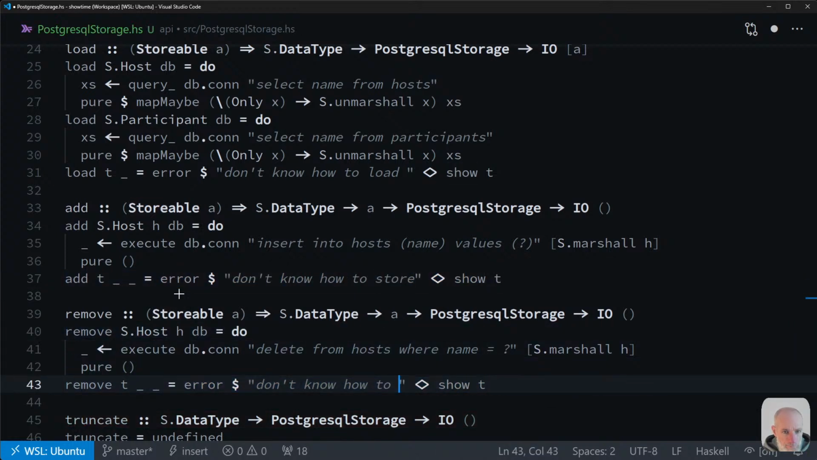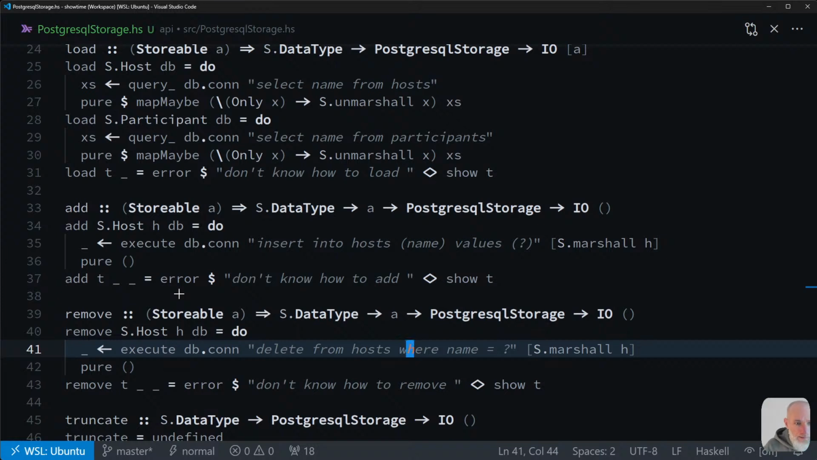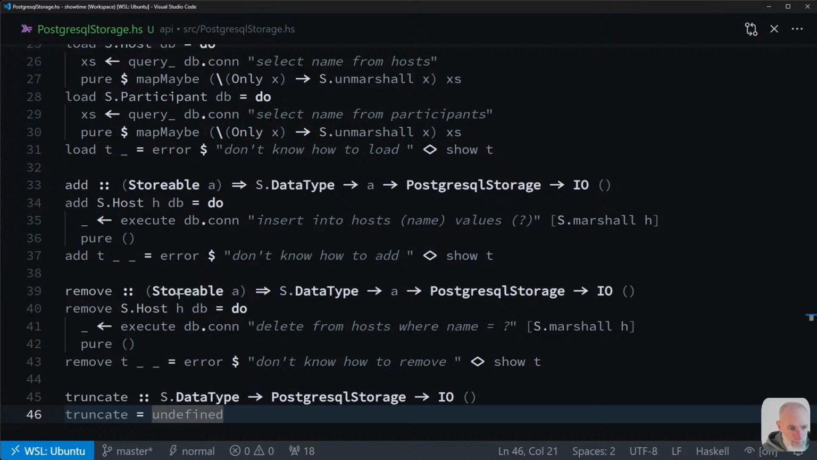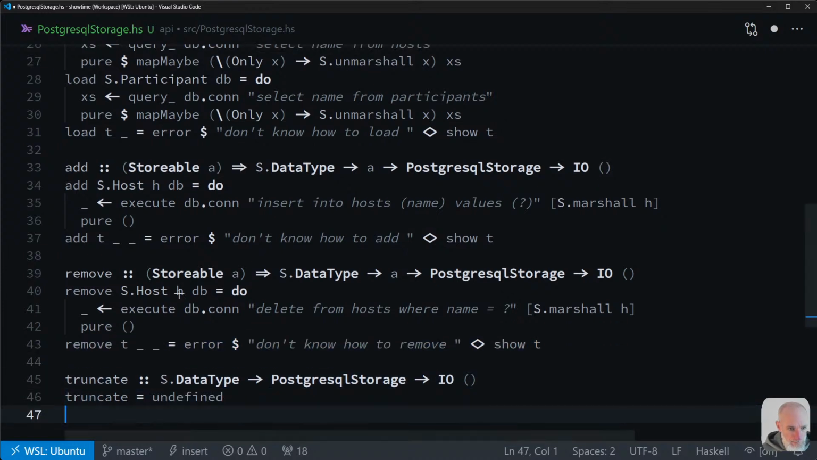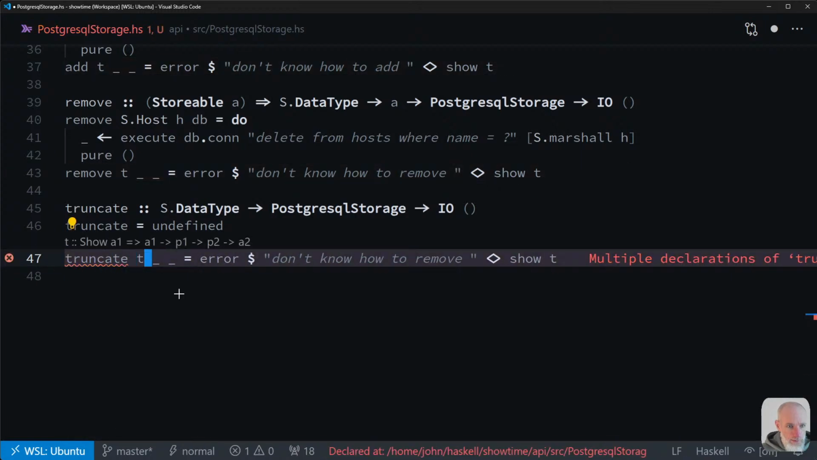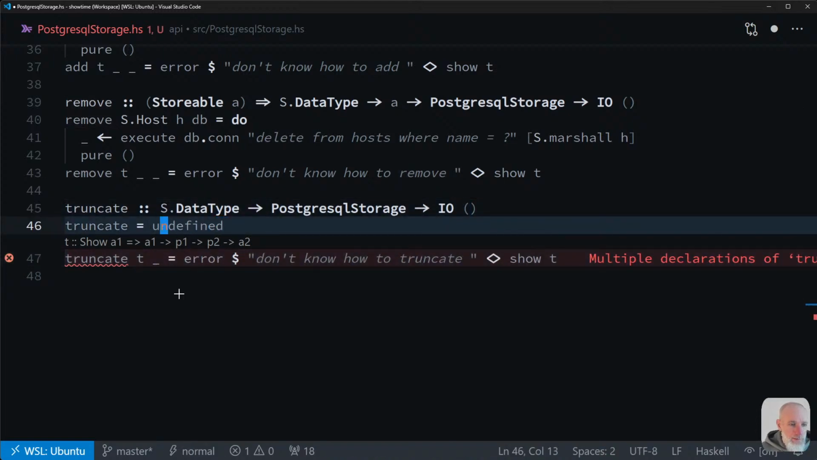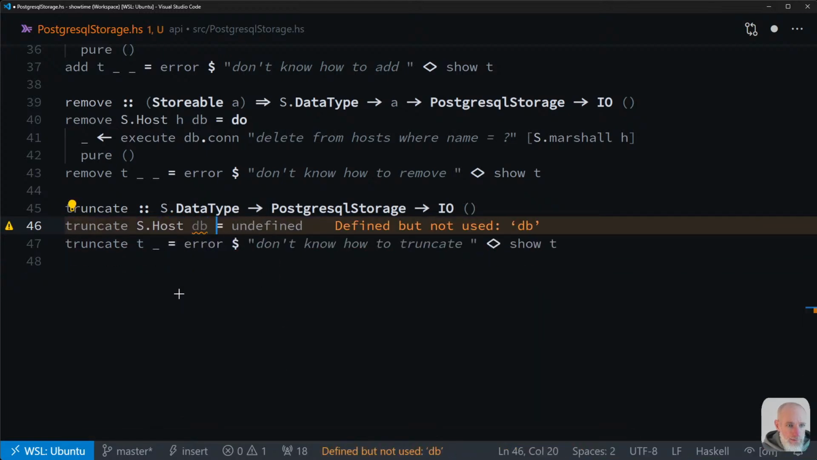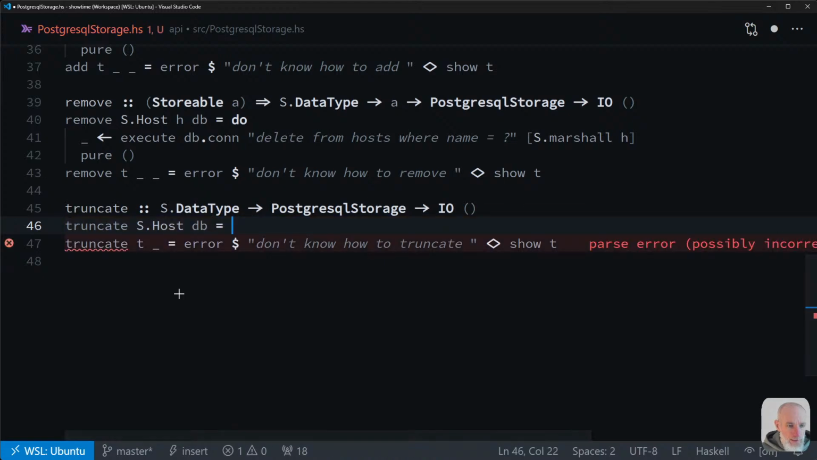And remove singular, and that should be add, and there should be a space. Okay, that should be it for removal, and then truncating. Okay, so truncate some type in a connection, and we should then say don't know how to truncate. Up here, truncate for s.host, and database should be